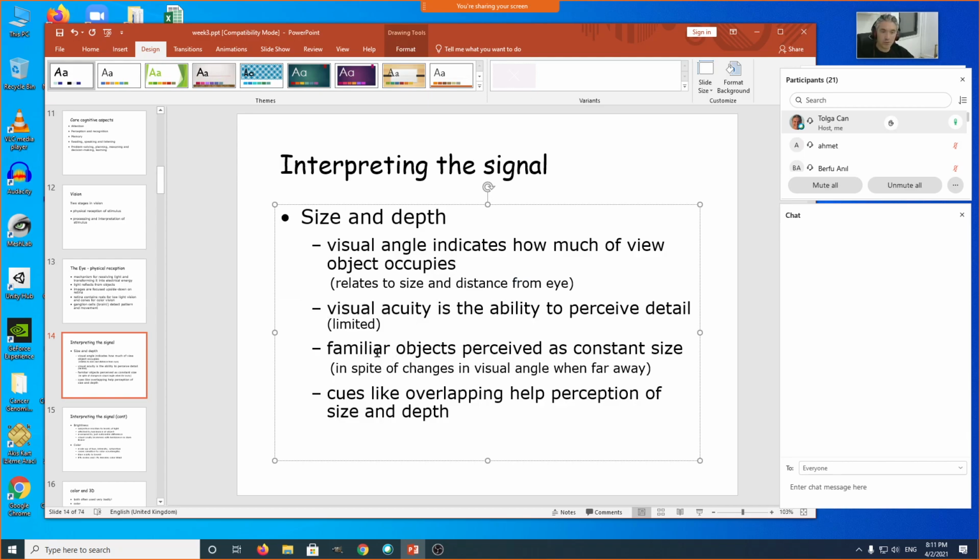Blue acuity, for example, is lowest. So when you're trying to provide something in detail on an interface, you shouldn't make those detailed parts blue. And familiar objects we perceive as constant size in spite of changes in visual angle. Some of this signal interpretation actually leads to